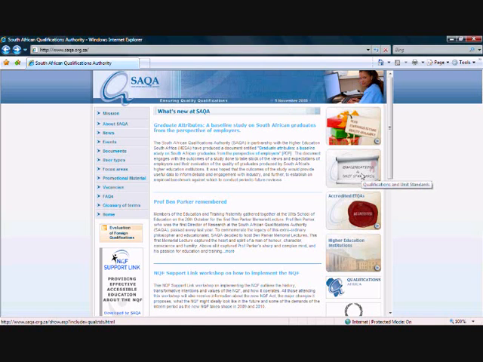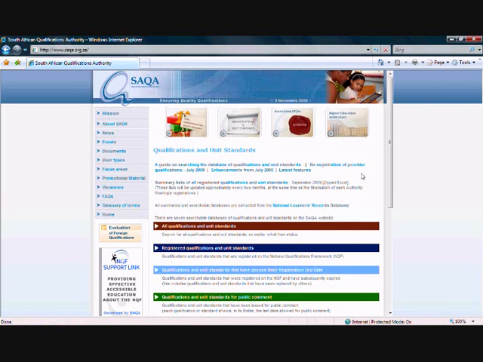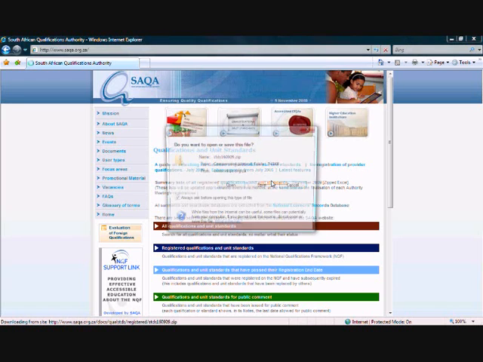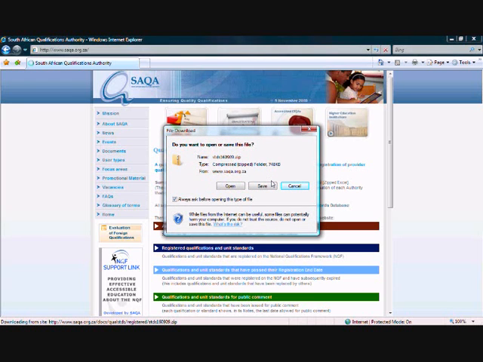Now on here on the side there will be a block somewhere that says qualifications and unit standards. We click on that. And that will take us through to the back here where it says qualifications and unit standards. And what we're looking for is a summary list of all registered qualifications and unit standards. Now when I click on the unit standards, it gives me a file download dialog box. And all I need to do is click on the save